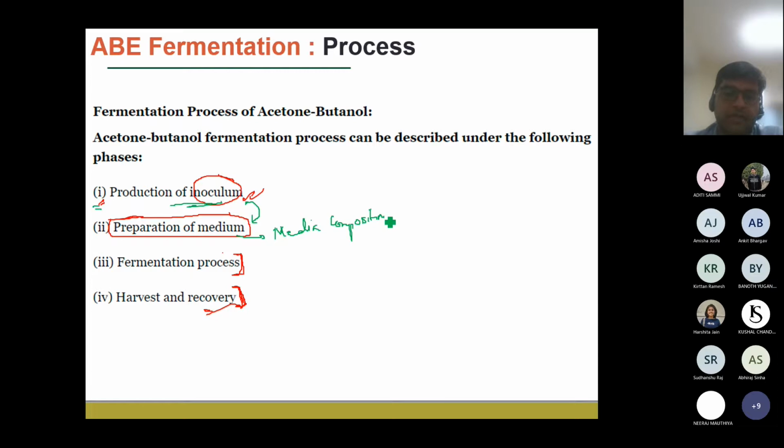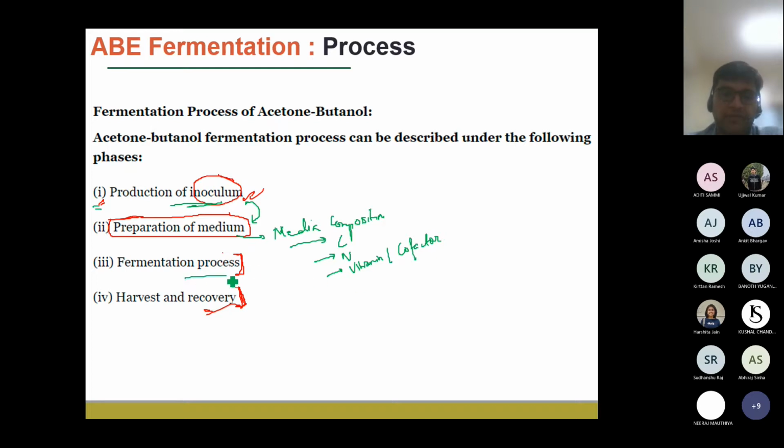For any fermentation process, we need to make sure that we have all the factors, all the chemicals, that are basically the carbon source. It may be the nitrogen source, or other things like some sort of vitamins, or some sort of cofactors that are necessary for improving the yield of your final product.